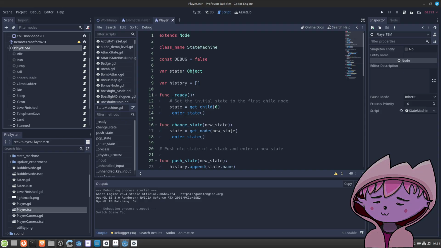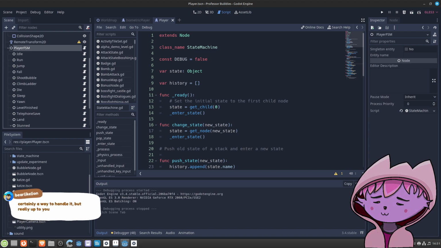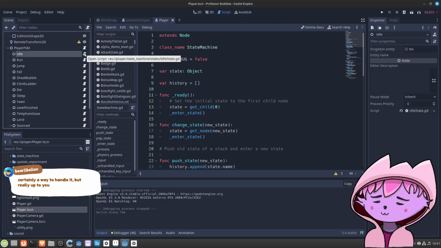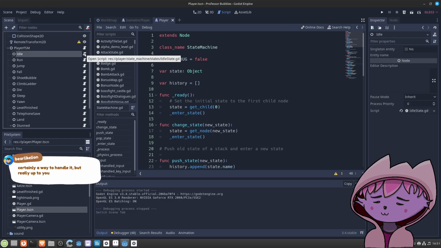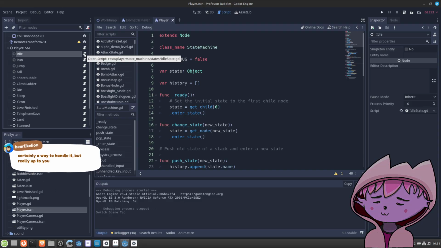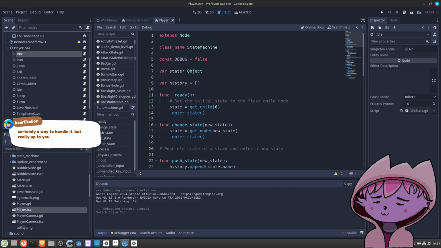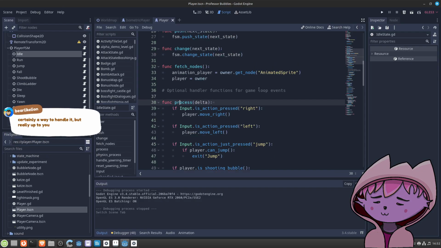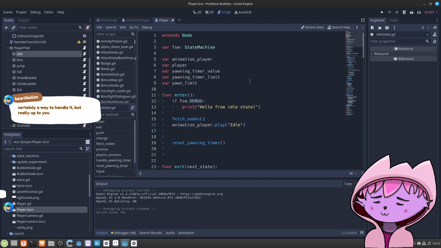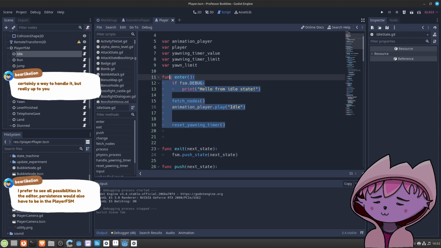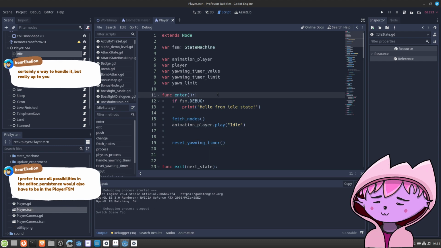I think the downside is that it's more difficult to make things persistent. If we would like to have something persistent in a state, whatever that might be, then if we just despawn that state, everything in it, all the internal state, is gone. But I don't know if it matters, because anyway, when we are entering a state, we want to reset the state somehow.